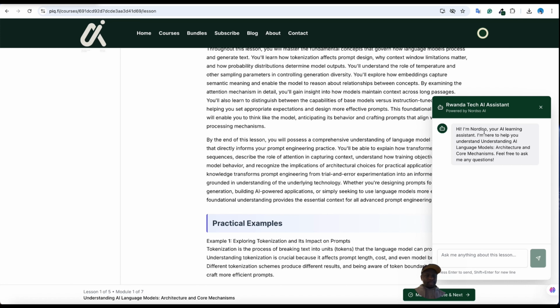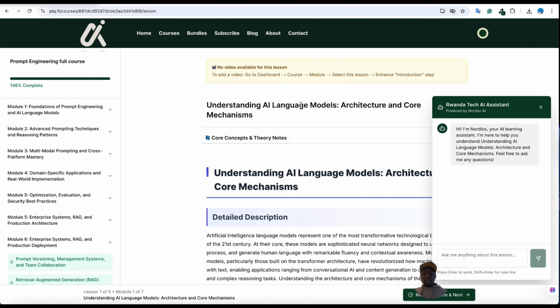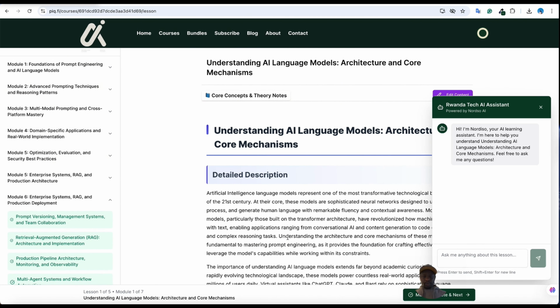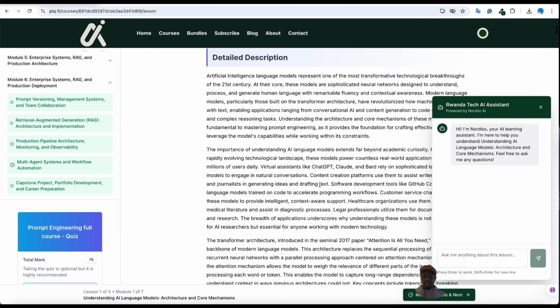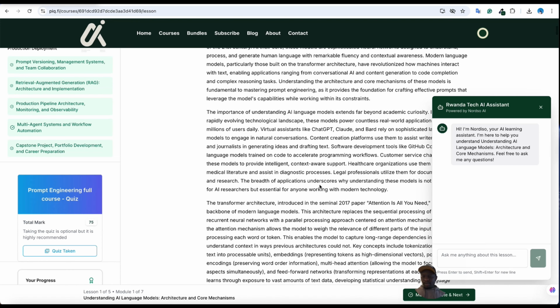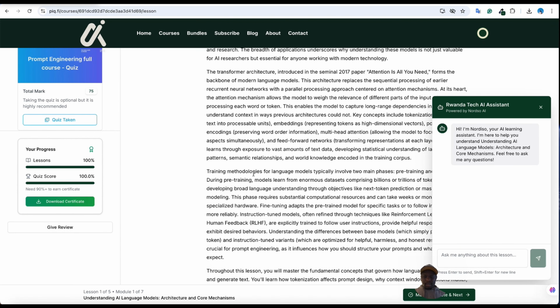As you can see, it is aware that this is an AI language model, structured with a code mechanism, and the title of this lesson, and it will be able to answer a question exactly about this lesson. So let's say, for example,